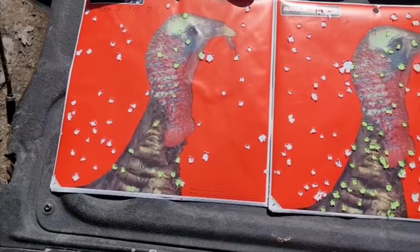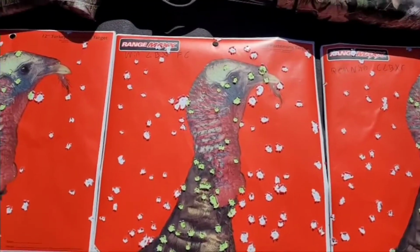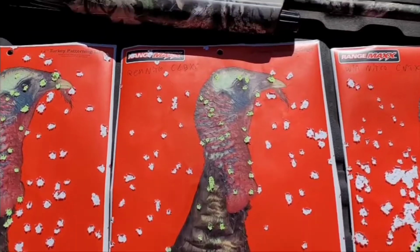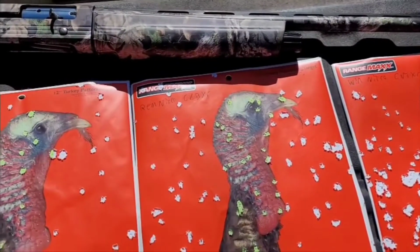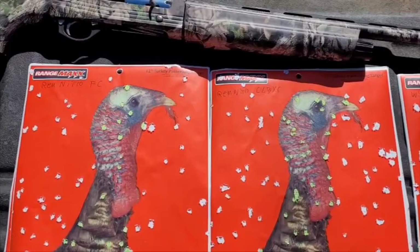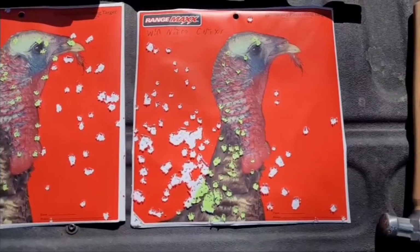just factory full choke. And then we've also got the Remington Nitro with the Carlson Longbeard choke, and when you compare it to that same round with just a factory full choke, you can see a pretty big difference there. Got a lot more in the kill zone using the Carlson choke. And then of course we've got the